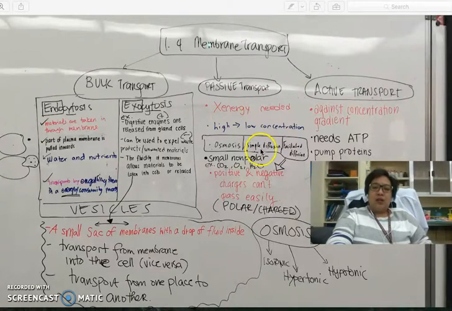Now, let's talk about simple diffusion. What can diffuse easily through the membrane? Small nonpolar molecules such as CO2, oxygen, and some water. They're very small and they're nonpolar. So even if the phosphate heads are hydrophilic, and even if these are nonpolar, they can still pass through the membrane